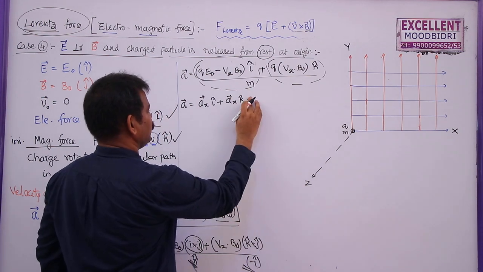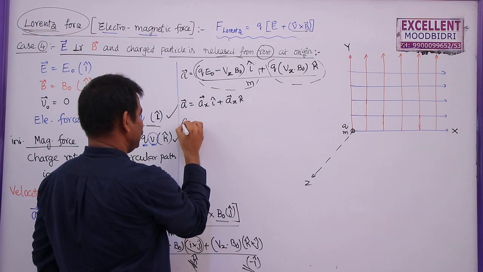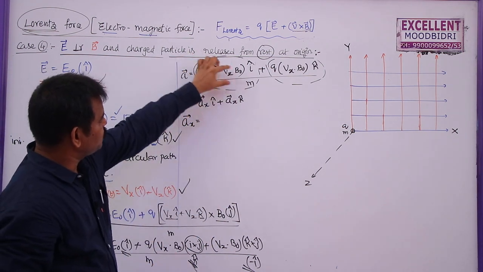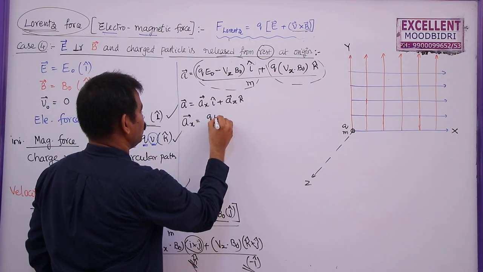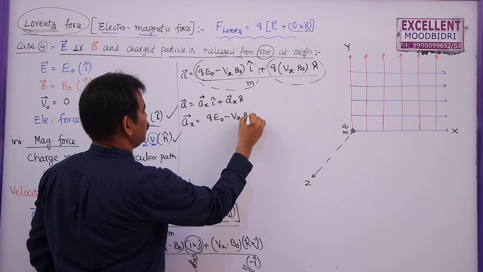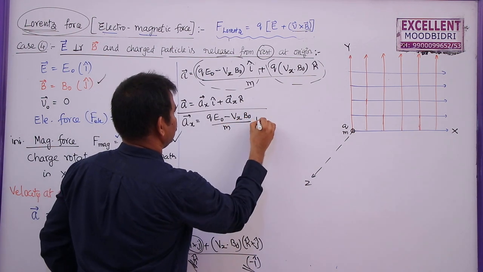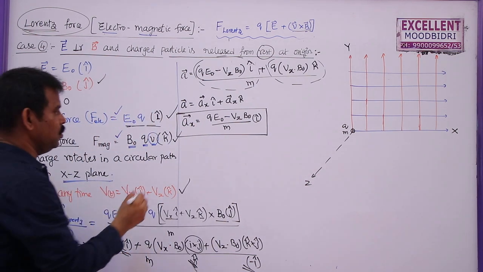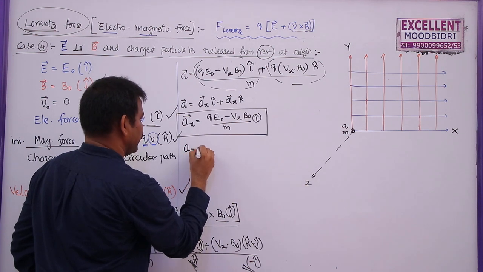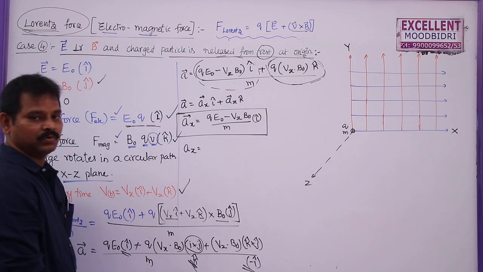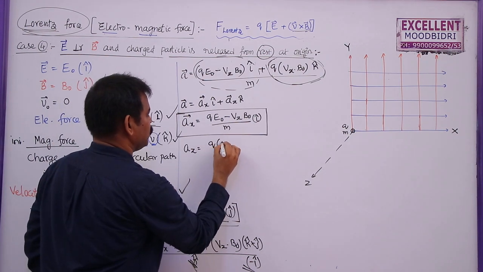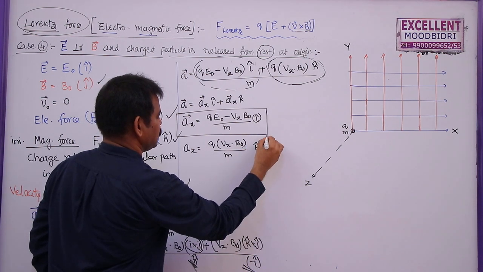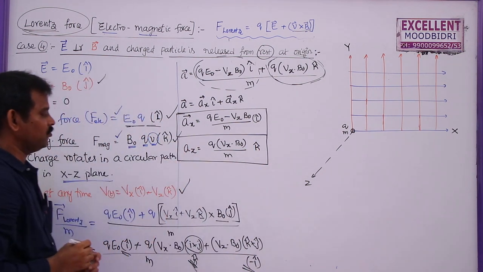So based on this one, we can write from this equation what is the acceleration along x-axis for this charged particle. You can compare these two. Acceleration is this by mass. So I am going to write (Q E naught minus Vz B naught) by m into i cap. This is the acceleration of the charged particle along x-axis. So what is the acceleration along z-axis? This is the only component of force which is acting along z-axis, given by Q into Vx B naught by m, which is along z-axis. So these are the two equations of acceleration.